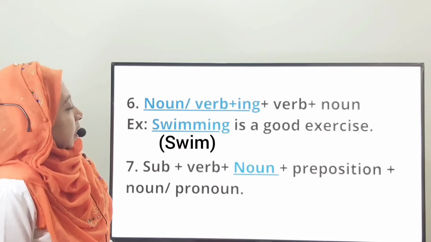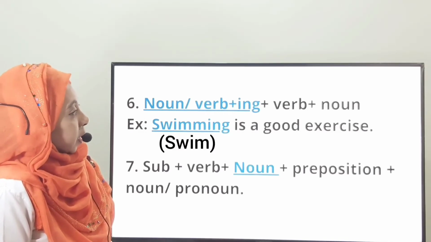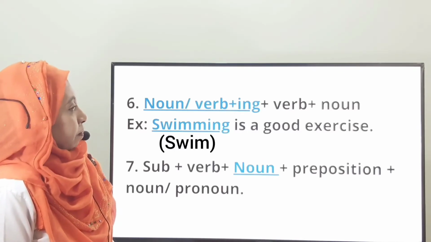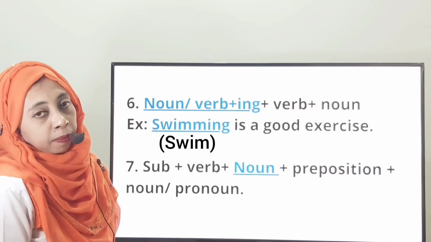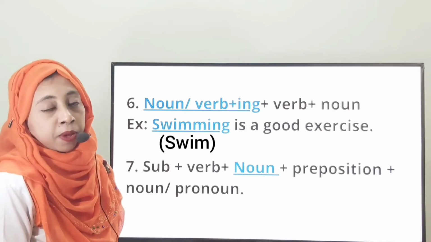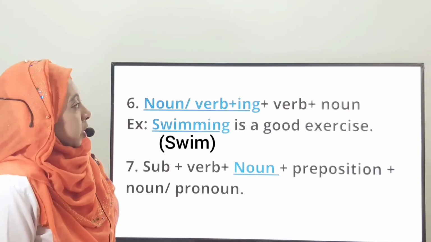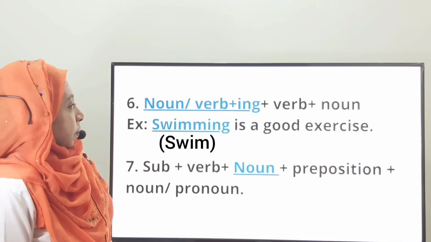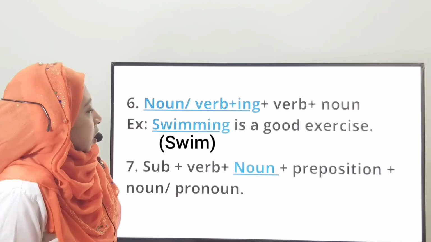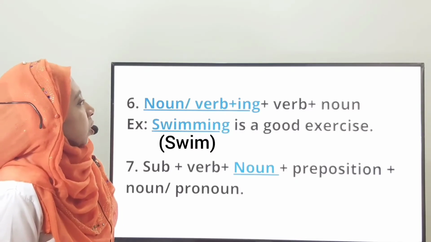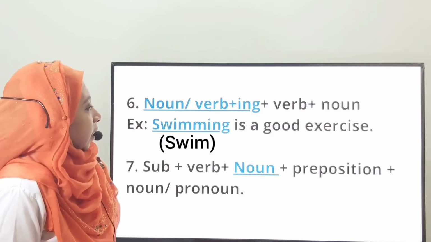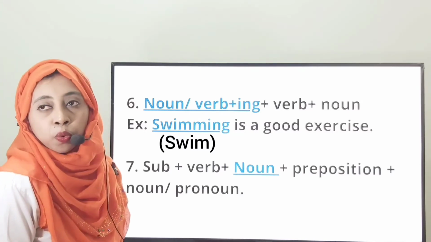If you get a gap in the beginning of the sentence and after that verb or noun, we will use noun word in that gap. That means you have to change the root word or base word that are given in the question paper. You will change that word into noun word. For example, swimming is a good exercise. You know it is a position of subject. So here we will use noun. Although it is a verb, we use ing suffix at the end of the word and create a new word.